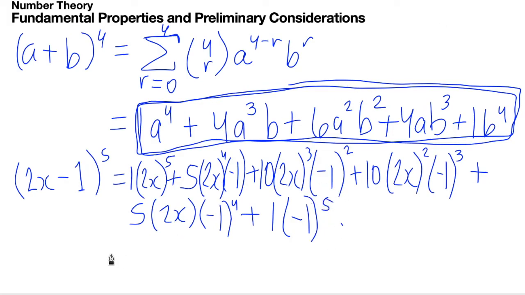So when we simplify, by identity element multiplication, we don't need to write the 1 anymore. So 2x raised to 5. What is 2x raised to 5? So we have 2, 4, 8, 16, 32. So that's 32x to the 5th. That's our first term. Plus 2 to the 4th is 16, right? 2, 4, 8, 16. 16 times 5, well, 16 times 10 is 160 divided by 2, that's going to become 80x